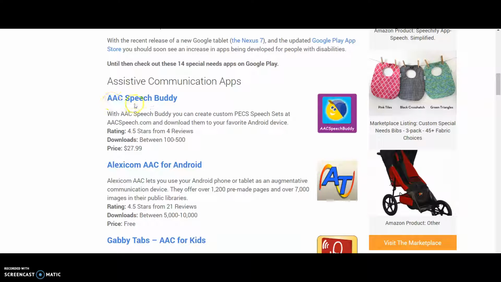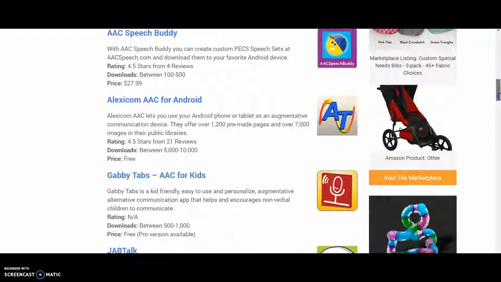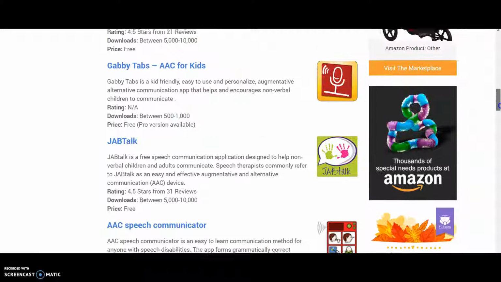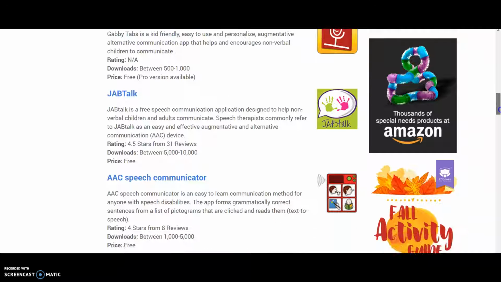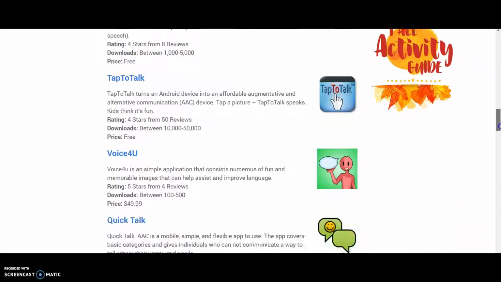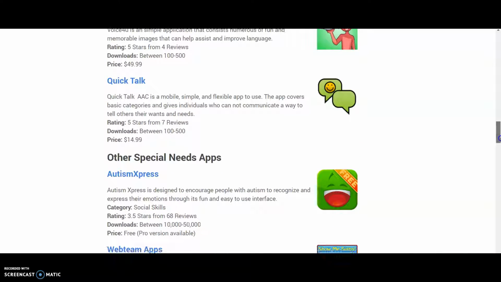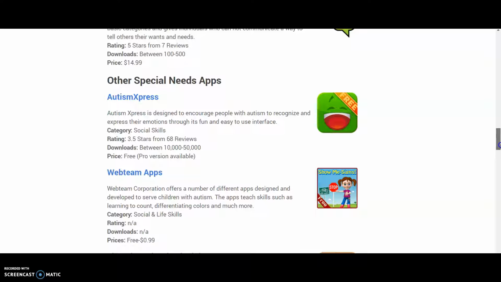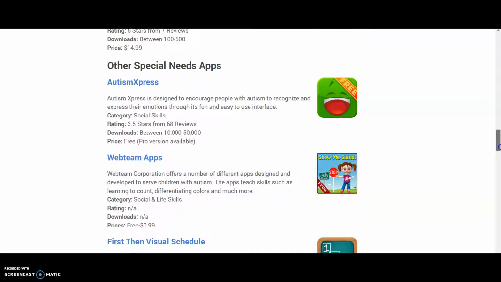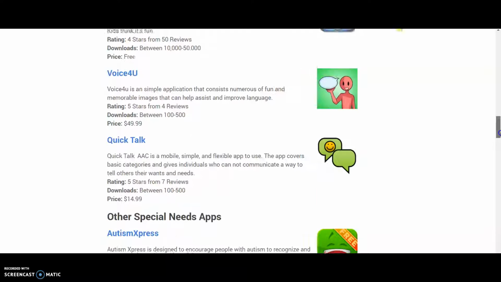There's like AAC Speech Buddy. There's also like Gabby Tabs for kids, Jab Talk, which are all free. There are 14 different apps on this one, and there's also ones that are special need apps that aren't specifically for